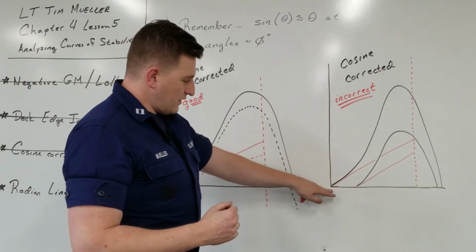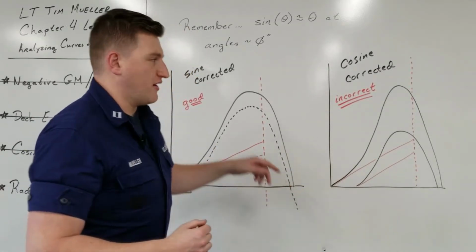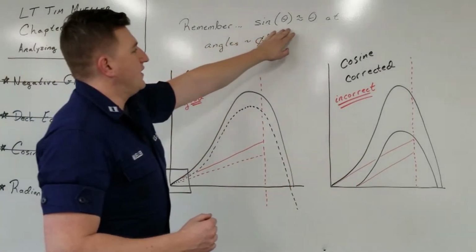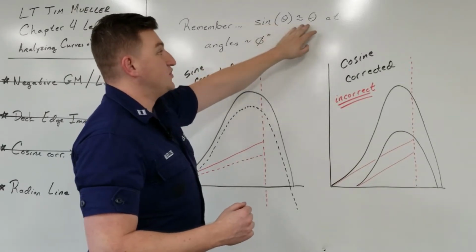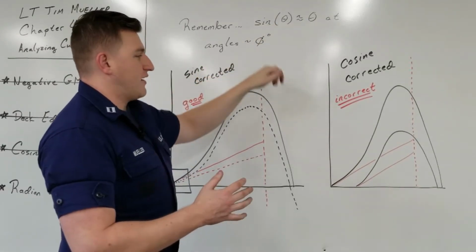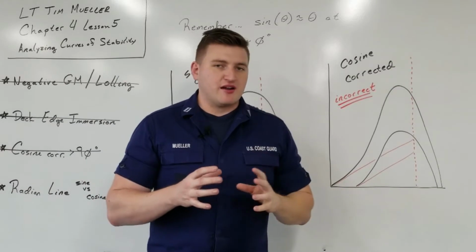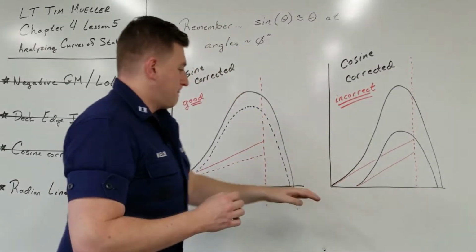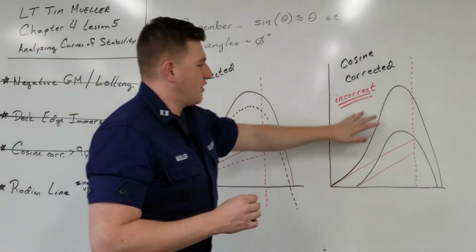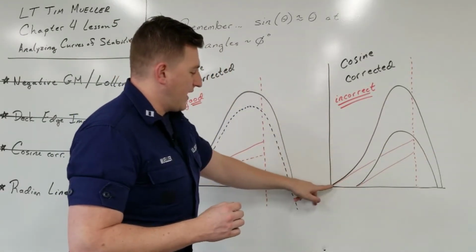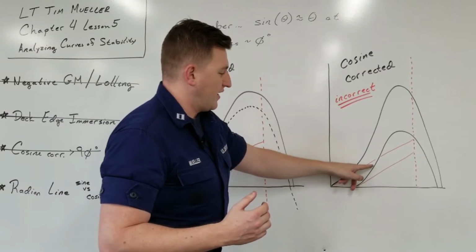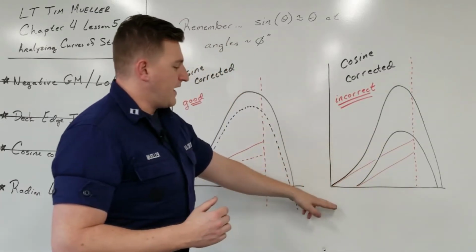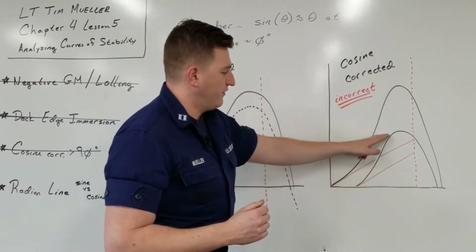So right here, we know that we can only linearize sine theta into just theta at angles right around 0. And when I say right around 0, I mean 0 to 3 degrees maybe. So here we have our original curve, and we have a proper execution of the radian line on this top line. Now, if we cosine corrected that curve right here,